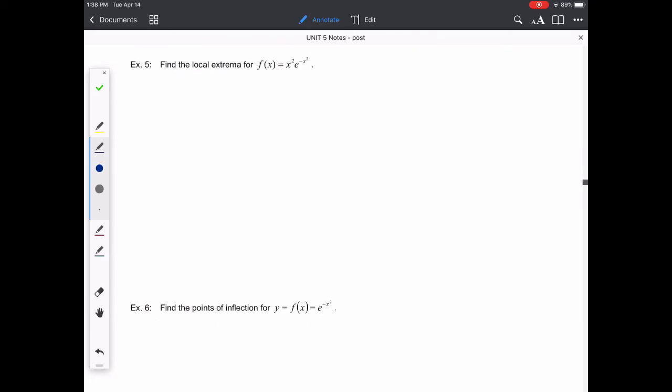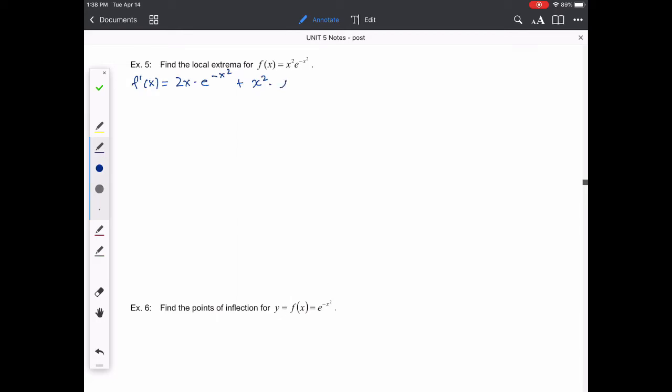For example 5, it's asking to find the local extrema. So lots of ways of doing this. Let's see what this comes out for us. When we find the local extrema, we have to find its derivative. So to find its derivative, again, I'm going to use product and chain. So we're going to take the derivative of x squared, which is 2x. So it's the derivative first times the second, which is going to be e to the negative x squared, plus we're going to have our x squared, which is the first, times derivative of the second, which is going to be the,